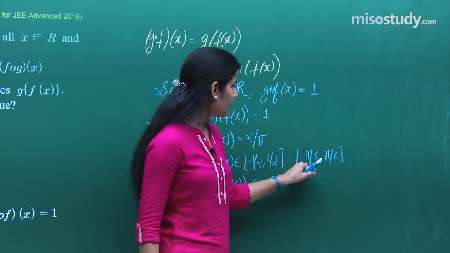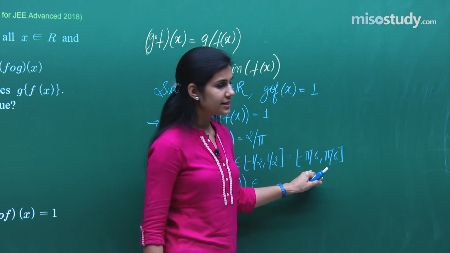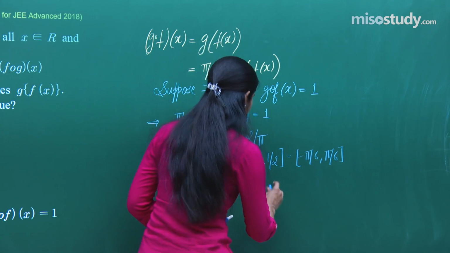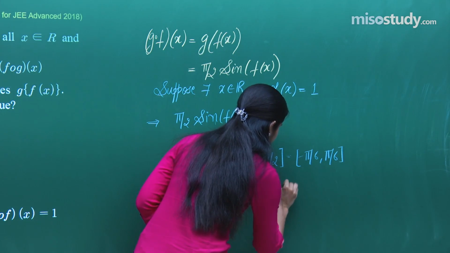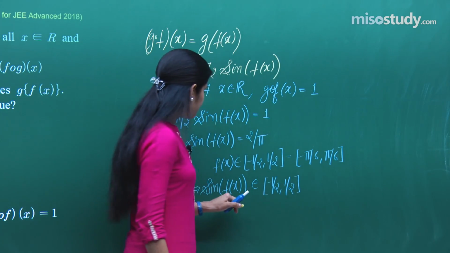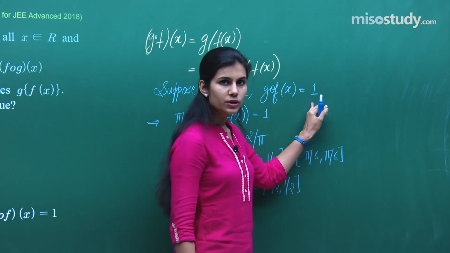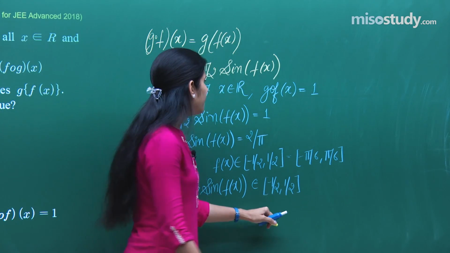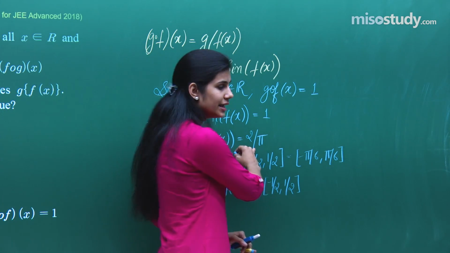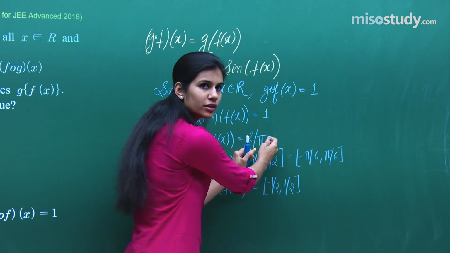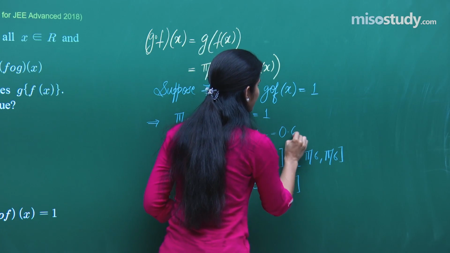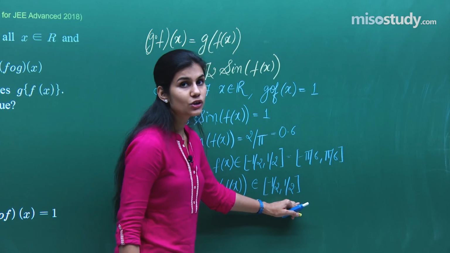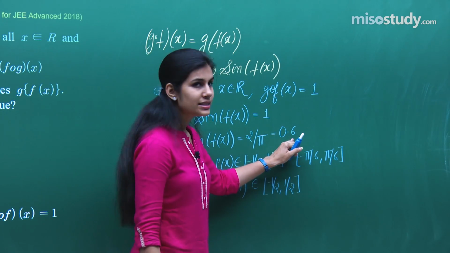Why? Because it belongs to minus of sine of pi by 6, because sine of minus theta is minus sine theta, comma sine of pi by 6, which is minus 1 by 2, 1 by 2. That means for that particular x for which GOF of x was 1, sine of f of x belongs in the closed interval minus 1 by 2, 1 by 2. But 2 by pi is what? It is saying sine of f of x is 2 by pi for that x, but 2 by pi is approximately equal to 0.6. But sine of f of x is belonging to just minus 0.5 to 0.5,